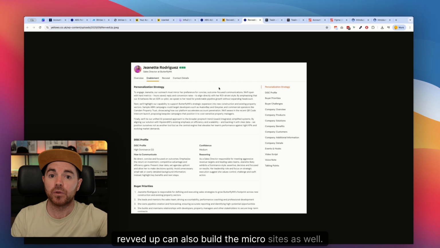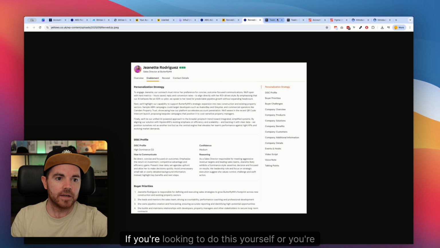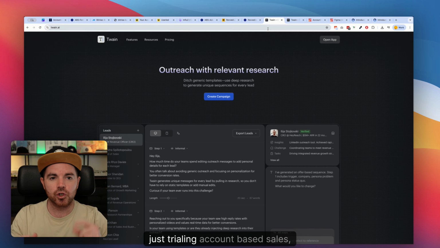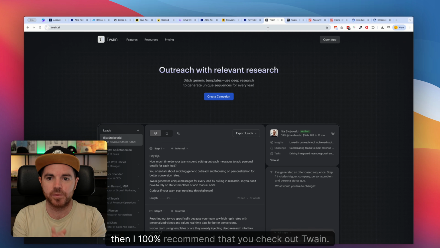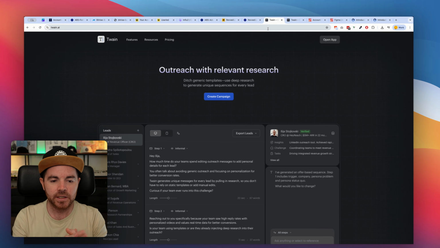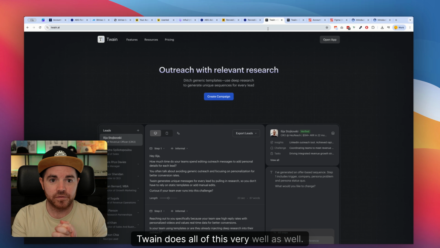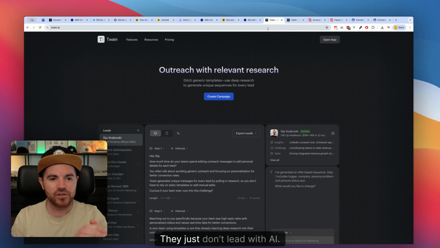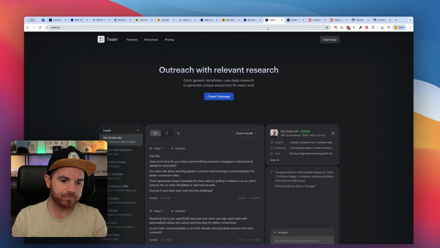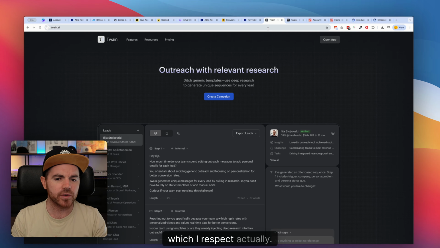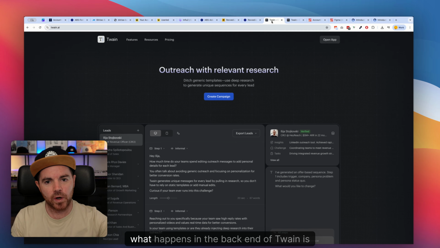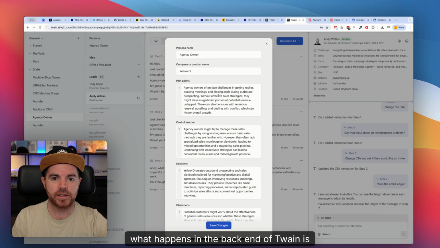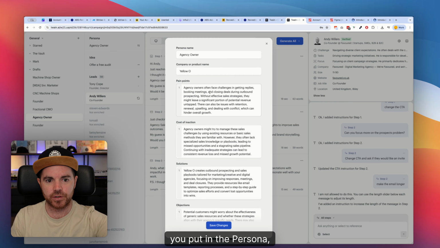RevvedUp can also build the microsites as well. If you're looking to do this yourself, or you're just trialing account-based sales, you're just getting started with it, then I 100% recommend that you check out Twain. Twain does all of this very well as well, and it uses AI behind the scenes too. They just don't lead with AI. Which I respect actually. But what happens in the back end of Twain is you put in the persona, you